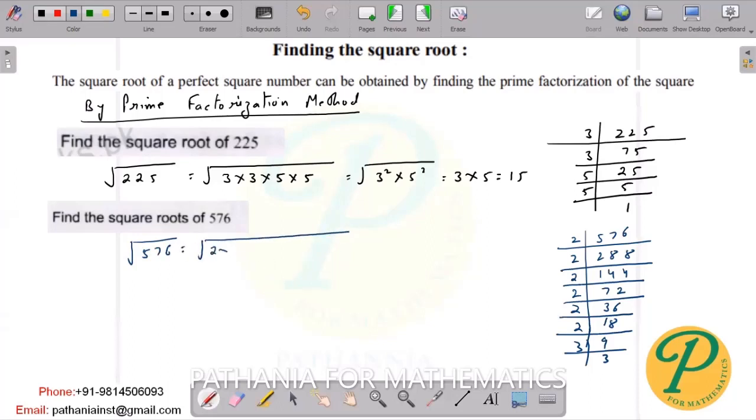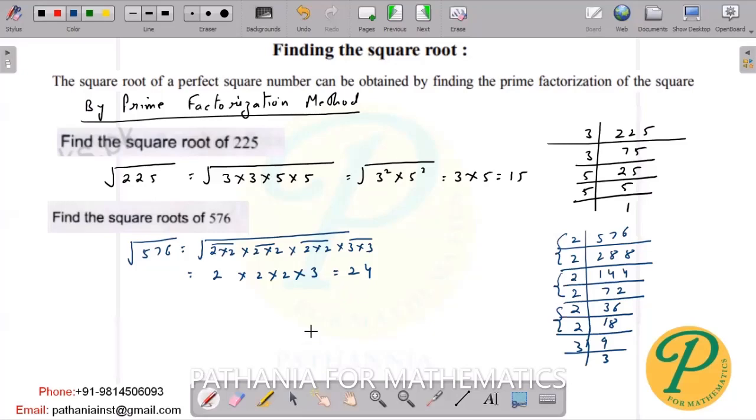2 into 2, one pair. 2 into 2, another pair. The next pair, which is 2 into 2 into 2 and 3. Your answer is 24. This is a method by which we can find out the square root by prime